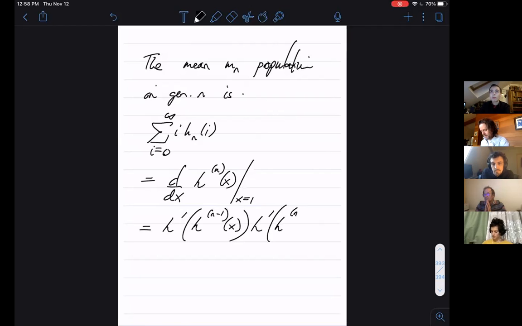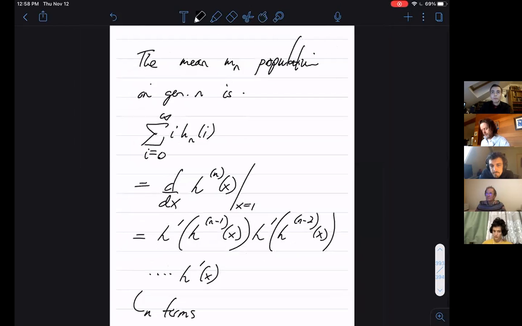This is an iteration of the chain rule. To obtain this type of expression, there's n terms in total in the product, and they're all being evaluated when x is 1. So h of 1 is 1, and any iterate of h is 1 at 1. So this expression is simply the nth power of h prime of 1, which, if you recall the relationship between h